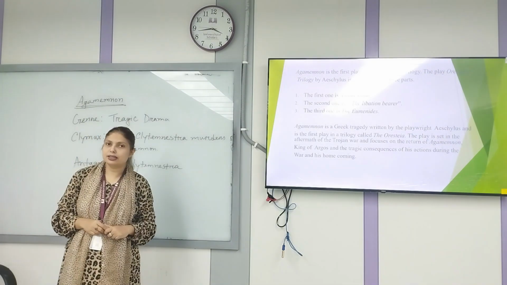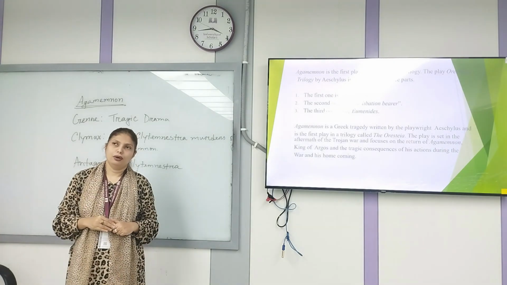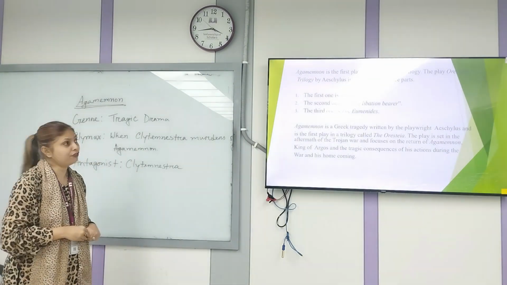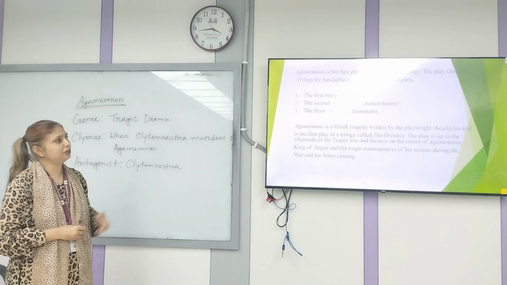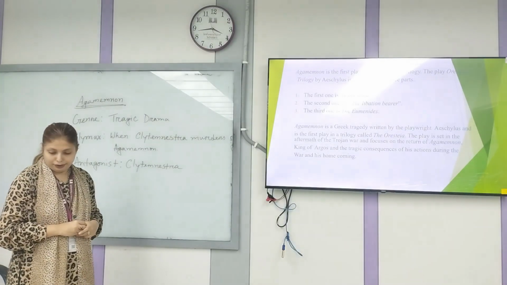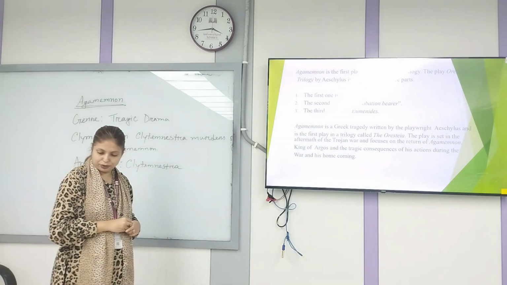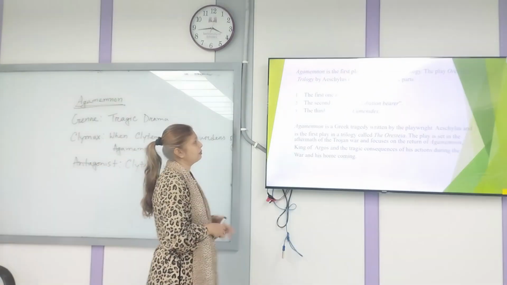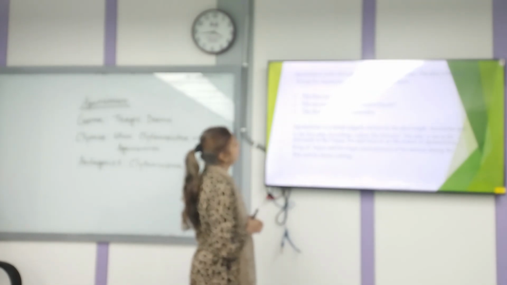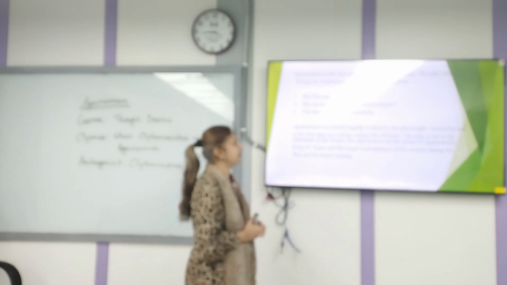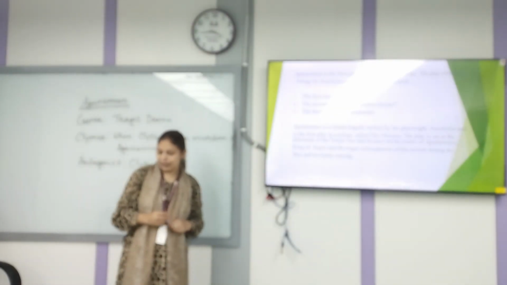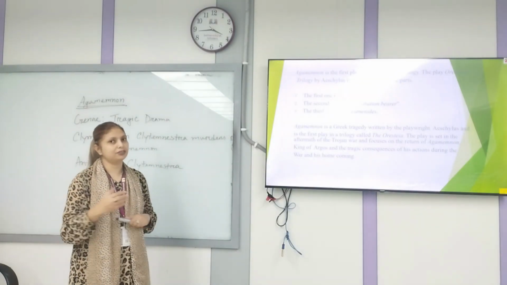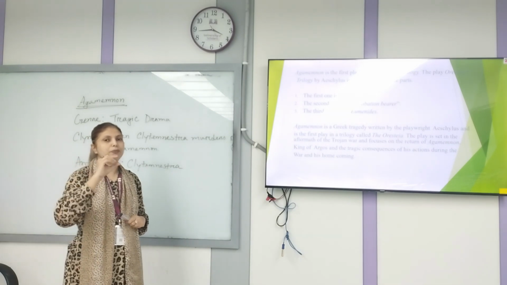performed at Athens at the festival of Dionysus. The first part of the play is Agamemnon, and the second one is the Libation Bearers, and the third one is the Eumenides. Okay, and we know that Agamemnon is a classical Greek tragedy, and it is the first play of the